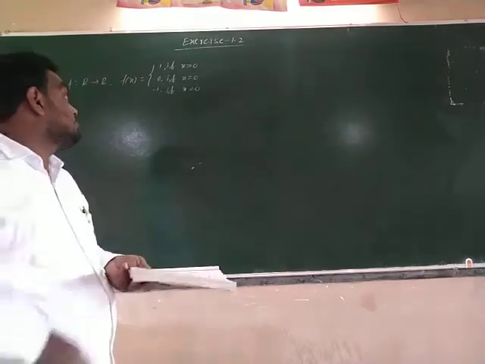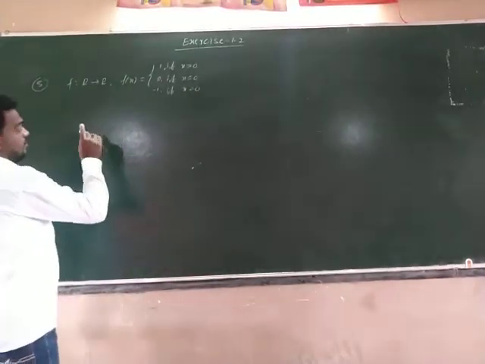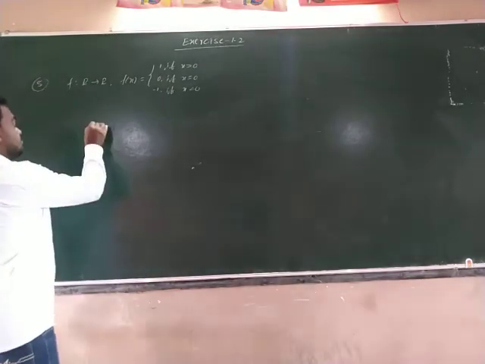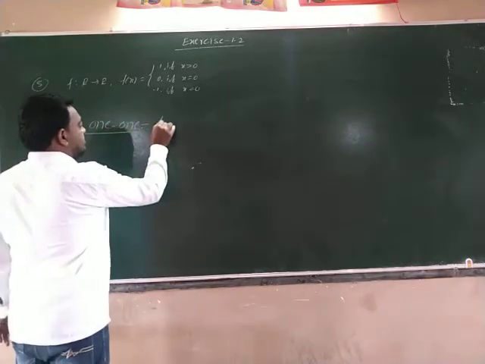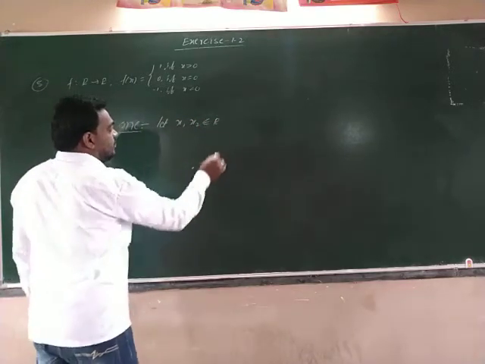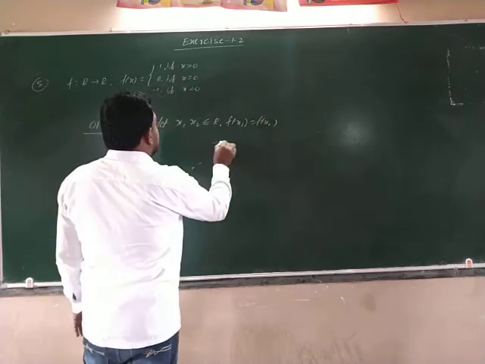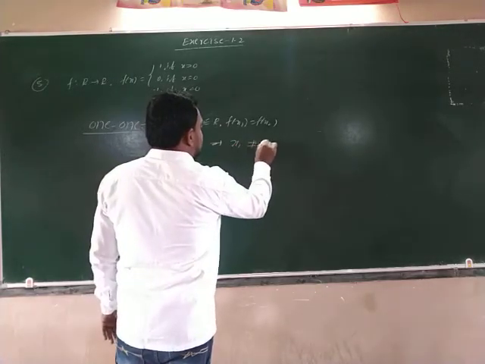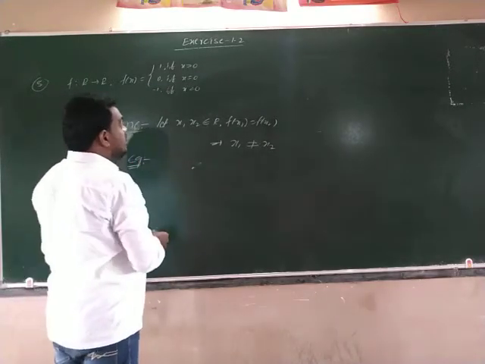This is the question. Very simple question. First we are checking that it is neither one-one nor onto. So we check one-one first. Let x1, x2 belong to our domain, and f of x1 is equal to f of x2. That means f of x1 is equal to f of x2, but x1 is not equal to x2. You see why? Example,